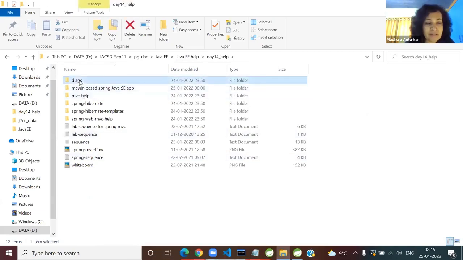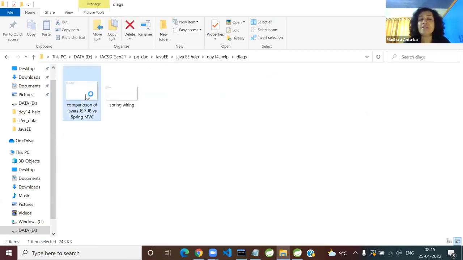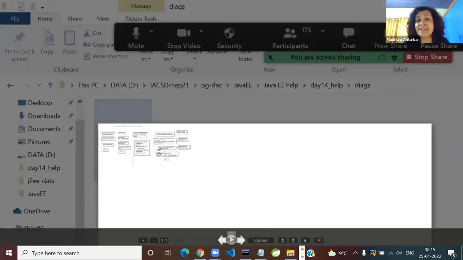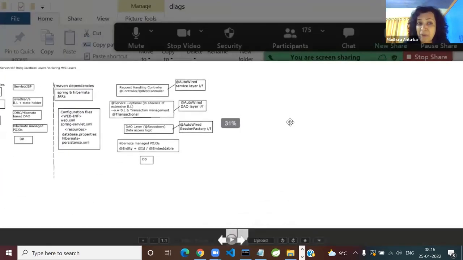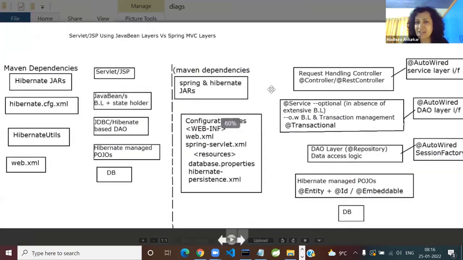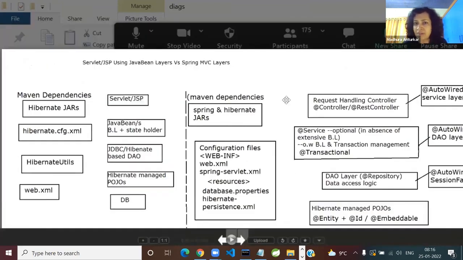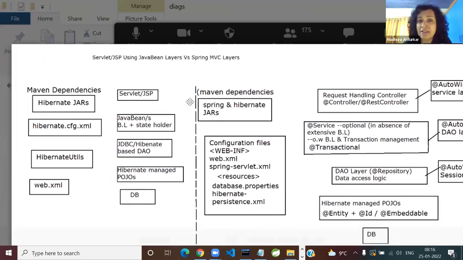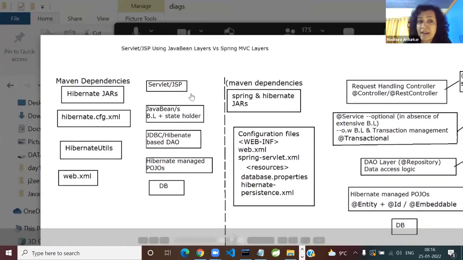So just a second. Okay, this is my favorite diagram in the sense, you people get a lot of clarity after this. So I'll share this with you. Today you don't require it. Tomorrow when I start with Spring MVC, definitely I'll share. So right now I'm saying, okay, read the title. What is the title here?